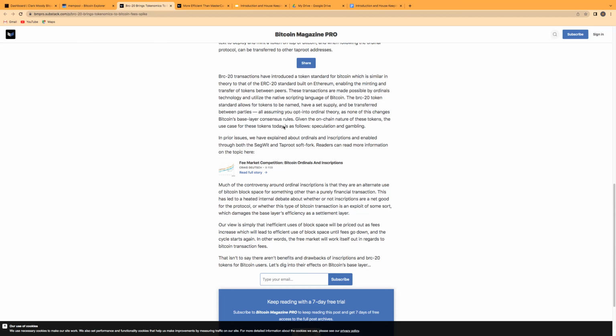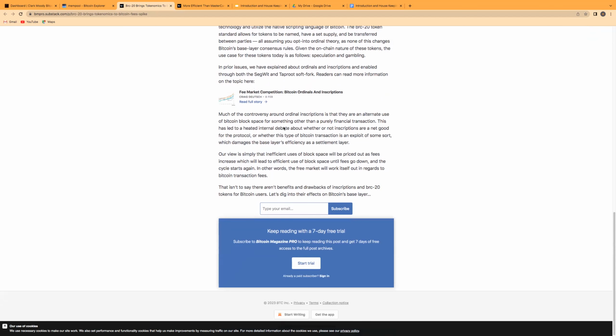In prior issues, we've explained about ordinals and inscriptions, enabled through both the SegWit and Taproot soft forks. Readers can read more information on this topic here. Much of the controversy around ordinal inscriptions is that they are an alternate use of Bitcoin block space for something other than a purely financial transaction. This has led to a heated internal debate about whether or not inscriptions are a net good for the protocol, or whether this type of Bitcoin transaction is an exploit of some sort, which damages the base layer's efficiency as a settlement layer. I don't think it damages the